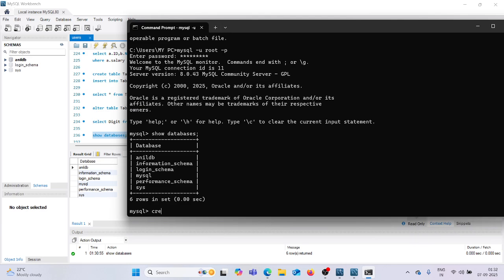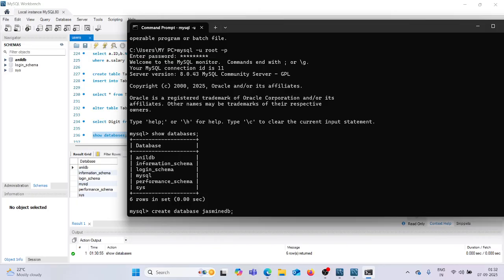Now after show databases, what will we do? Create a new database. Whenever we want to create a new database, we mention create database and then the database name.